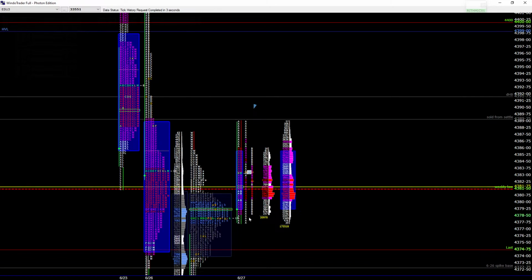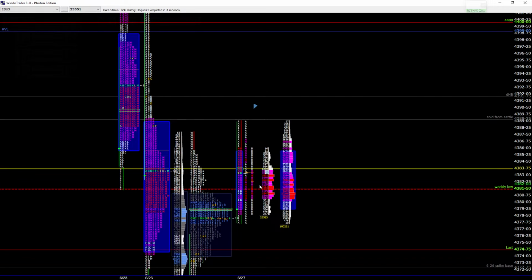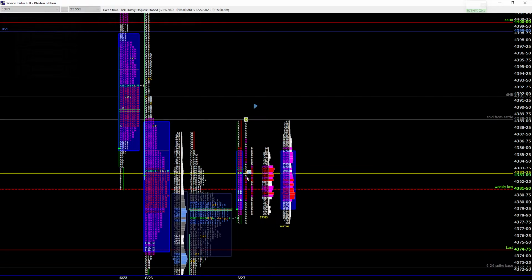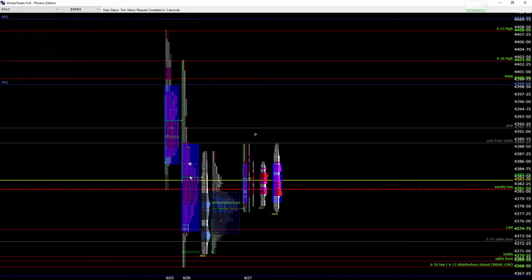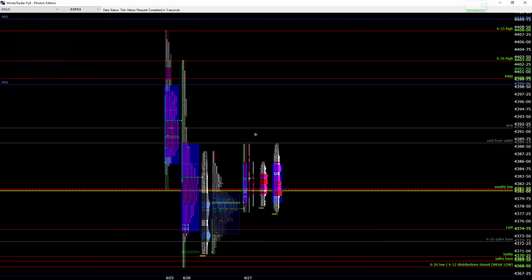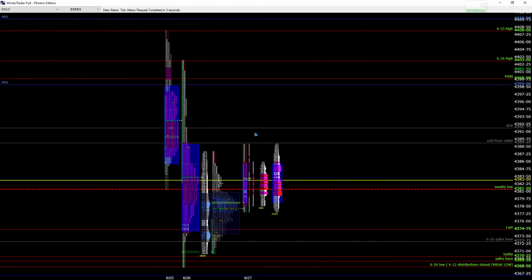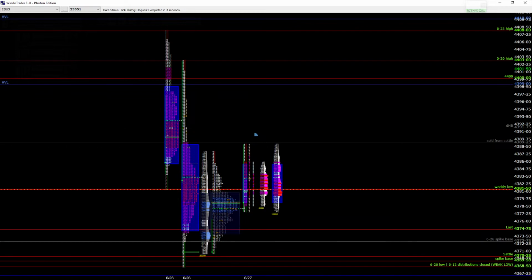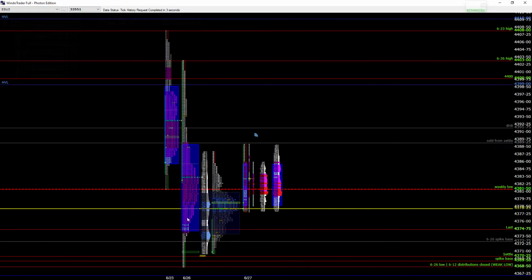Okay, let's take the low here. A lot of chop here. The closer to the center, the choppier it is. Chop can be very costly. You can lose a lot of mental capital here, mental and financial capital. You can recover from financial losses, but once you lose your mental capital, it's very hard.